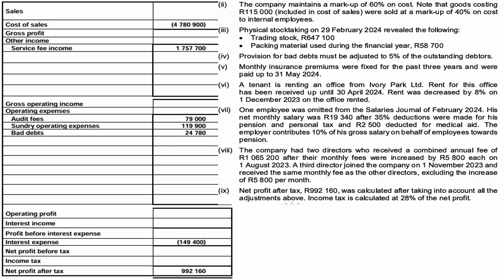So the main question, guys, we need to prepare the statement of comprehensive income for the year ended 29 Feb 2024. Okay, so as you can see, we're already given certain figures there. The cost of sales given, service fee given, and then we also have other operating expenses that are given from the answer booklet. The interest expense as well is given. The net profit after tax is also given. Okay, so it means now we need to calculate what? Our sales, right? Since we are not given from those balances, right? We don't have the value of sales, but what we have here is the cost of sales of